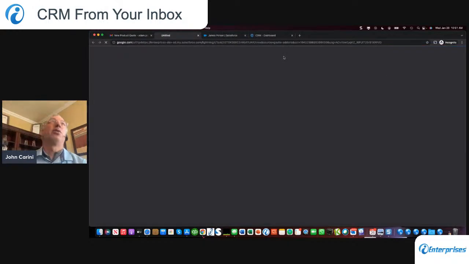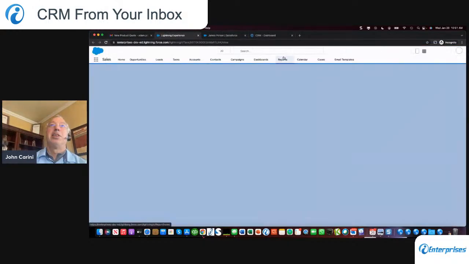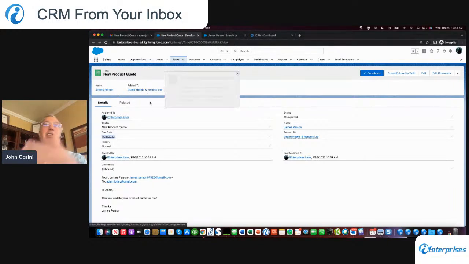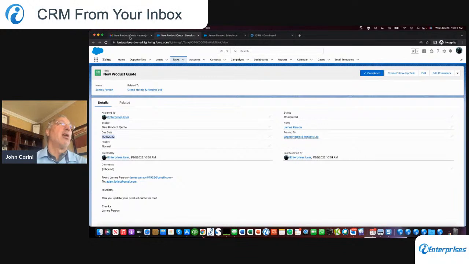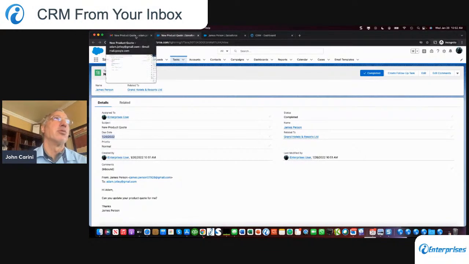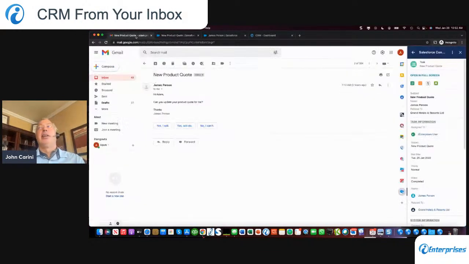But if I do open in full screen, you'll see that it takes me to this email message that it literally just saved in Salesforce.com right from my inbox. So obviously I can navigate around Salesforce and see more about James and what's going on with the account and so on once I'm in Salesforce as well. So you can use it from your inbox, but if you do need the full screen, it's there, and it brings you within the context of